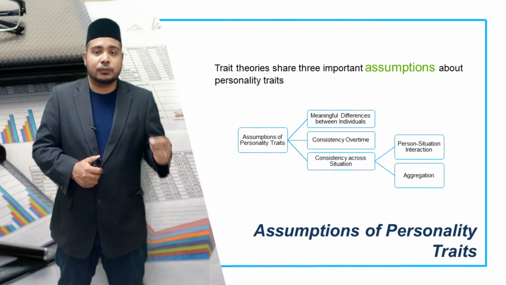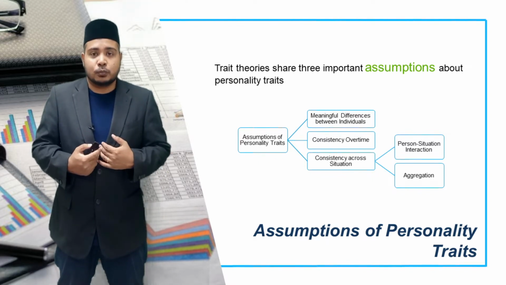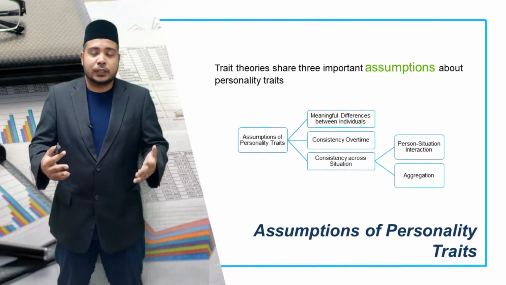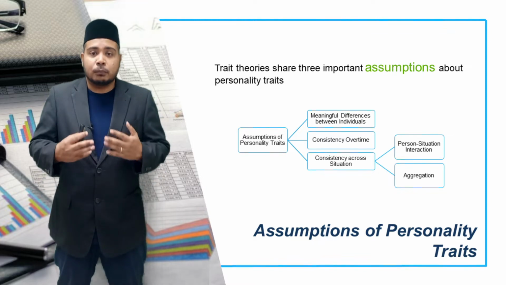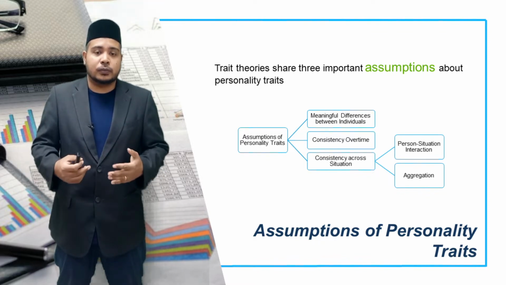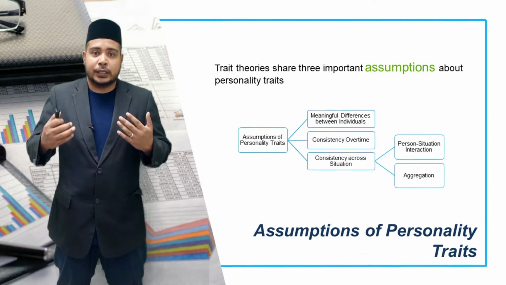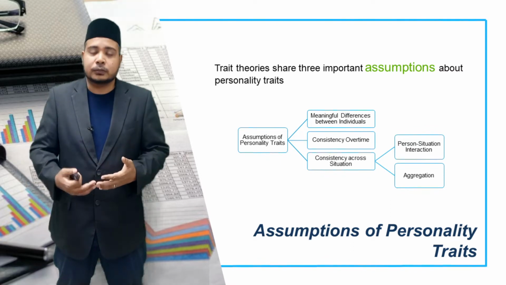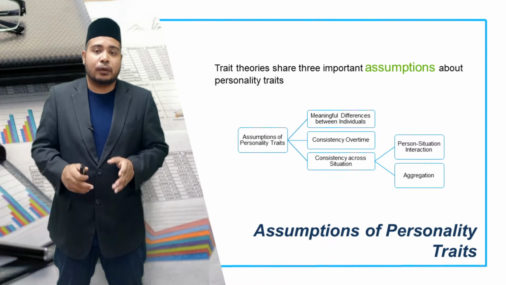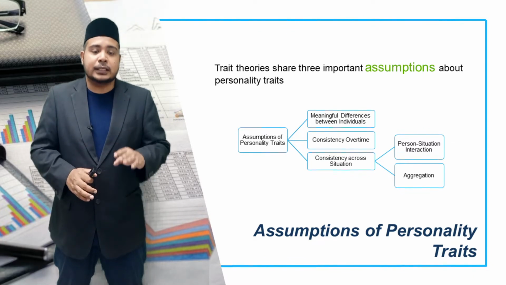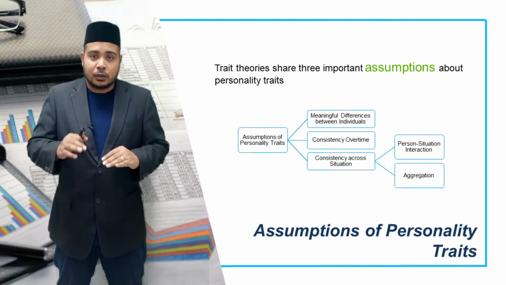Okay, it's enduring over time. So if you are someone who is aggressive, most of the time you are aggressive. If you are someone who is extrovert, most of the time you are extrovert, regardless of the time, whether it's now, 2 months from now, 3 years ago, 2 years ago, 1 year ago. If you have that personality trait, it is consistent over time.